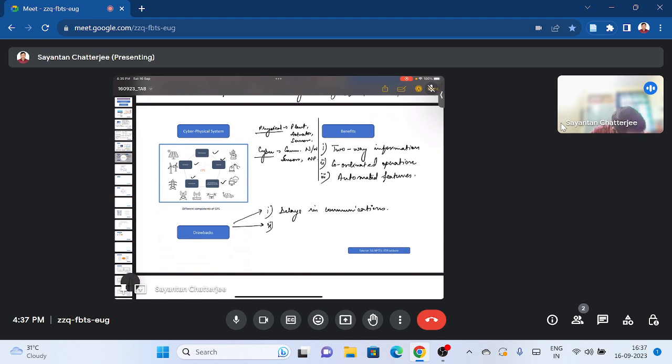Then we can consider data drop, then cyber attacks, etc. So why are these data drops and delays critical? Because based on these data drops, the